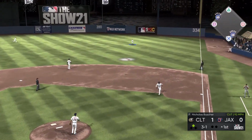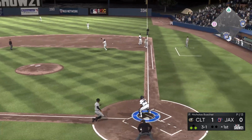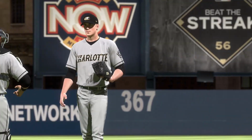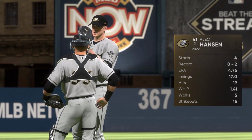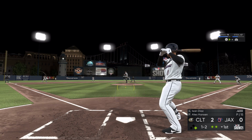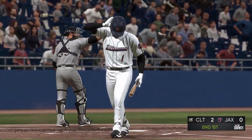Now here is a blooper that will fall in very shallow right field. The throw to the plate is not in time, and it is 2-0 in favor of Charlotte. So the Knights get their pitcher up. It is Alec Hansen. He gets some early help. He's 0-2 so far with a 4.76 ERA, so we can use the help,